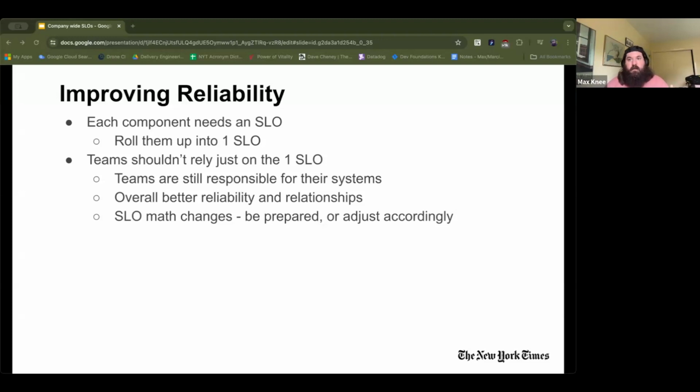Make sure that we're sort of all in it together, which I think builds and helps the culture of your company. So that being said,